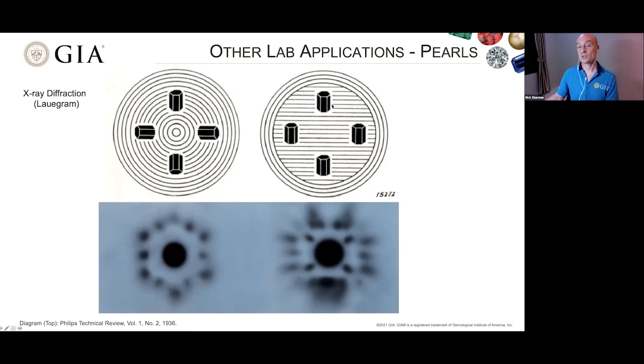However, if it's a cultured pearl, in one direction, you would get the six-fold pattern matching with a natural pearl. But if you pass through the side, not down the C-axis of the aragonite crystal, if you pass at right angles to the C-axis through the structure, you would actually get a different pattern, and that would be this four-fold symmetry or four-spot pattern. And that was typical of cultured pearls, and it would prove that it was a cultured pearl in the time before we had good quality microradiography and tomography available to a lab.